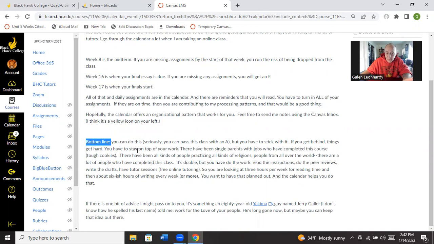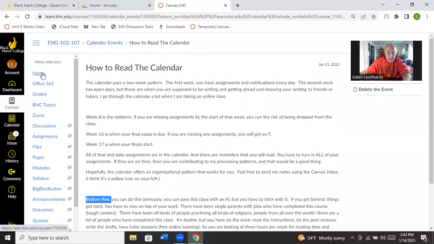You have to stay on top of your work in this class, and if you do that, then you're going to get the A. And you know what? I have students who are single parents with multiple children who have done this class. I have people who are working full-time jobs who've made it through this class. It's just not that difficult if you stay on top of it. And one of the big things that you need to do is make sure that your formatting's correct. You also need to make sure that you do the peer reviews, things like that. I'll help you know if you get behind. I'll tell you what it is you need to do. Okay, so